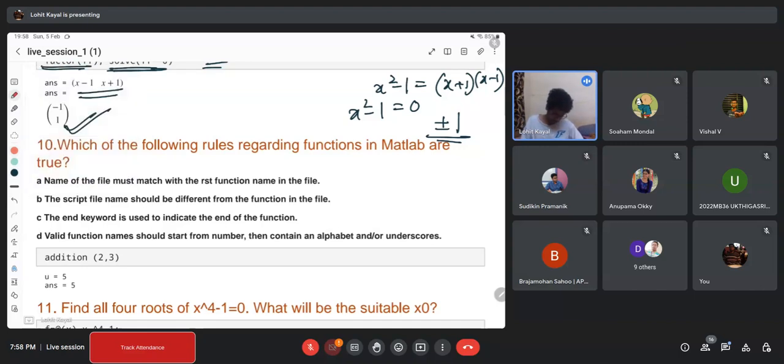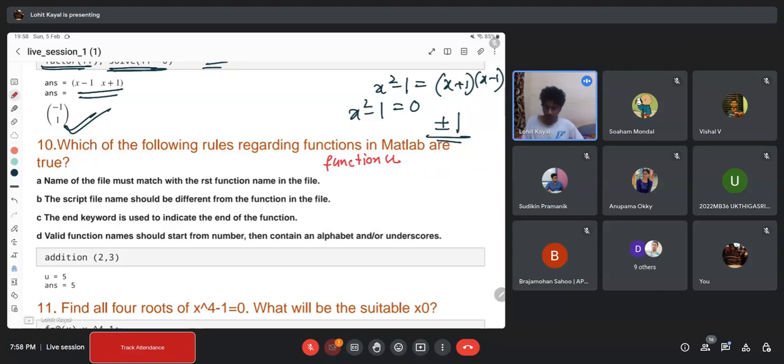Let me use some other color because this is important. Let me use red. So suppose you are writing a function. Okay, that means you want to get the result for u, equal to some name of the function, suppose func. Okay, this is not correct. Let me start from here. Function